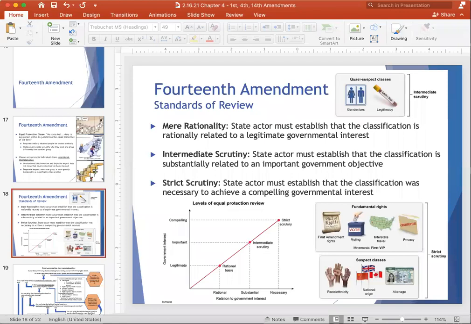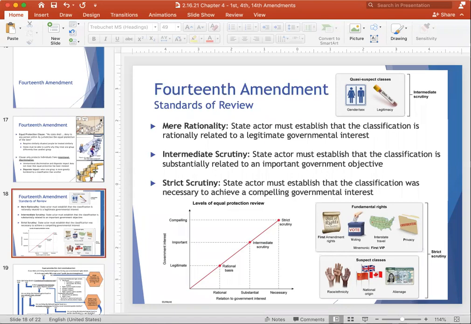I just wanted to show you an example of when treating populations differently. So women gained access to male sports, but why did men not gain access to female sports? Well, they actually did find a governmental interest served in treating those populations differently in sport. So if the lawsuit is discrimination based on gender, it would fall under intermediate scrutiny, and then going to strict scrutiny, which